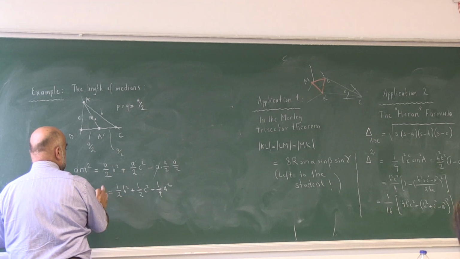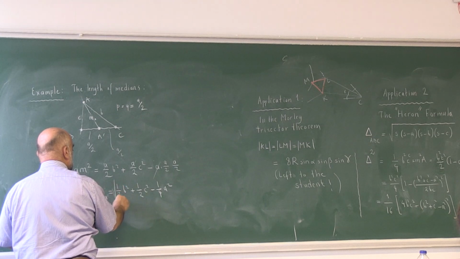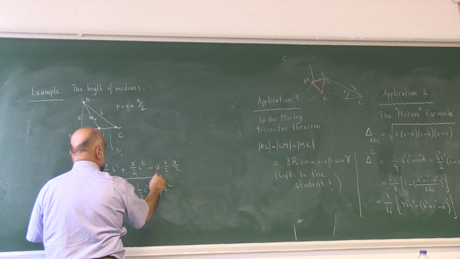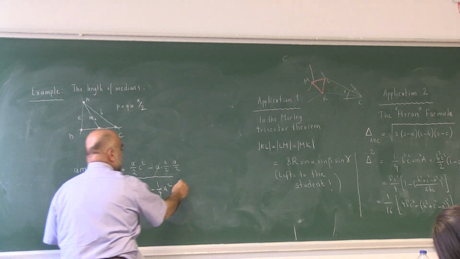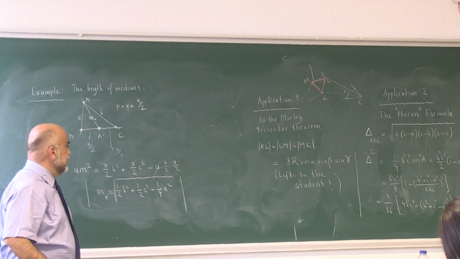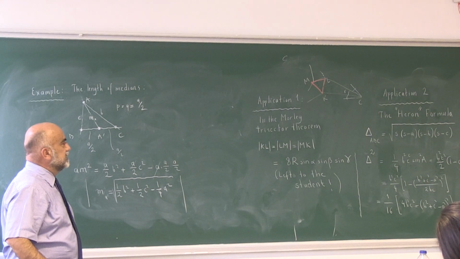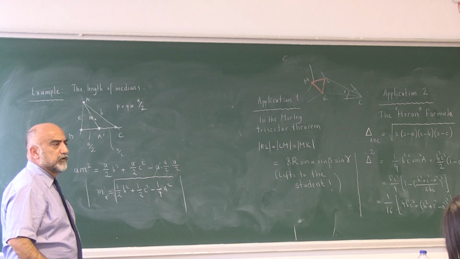You can take the square root. There we are. That's it. So you have computed the length of the median. That's one of the easiest things that you can do by a straightforward application of Stewart's